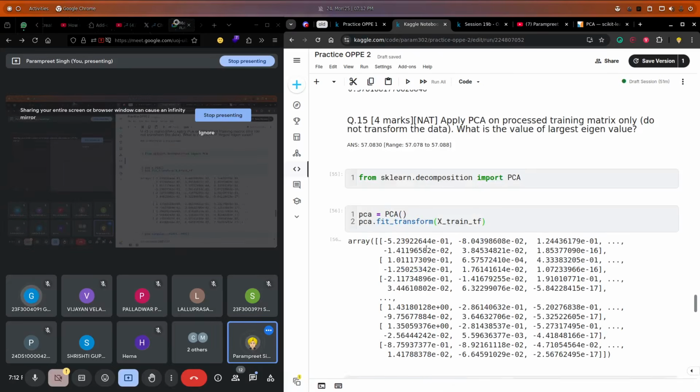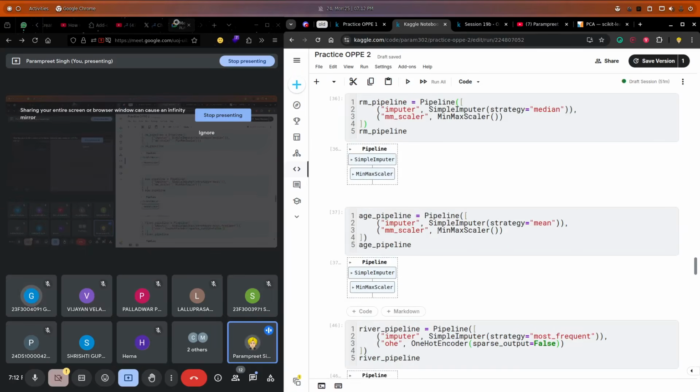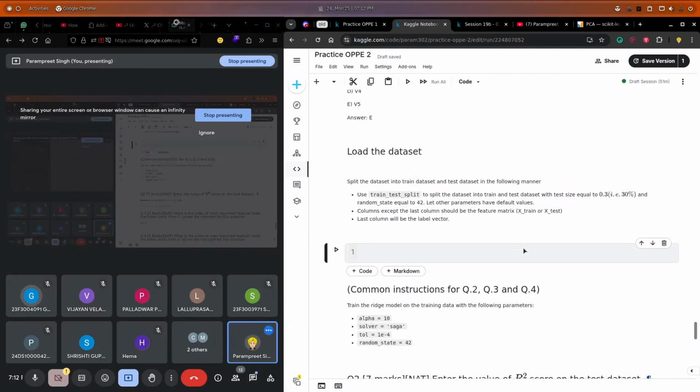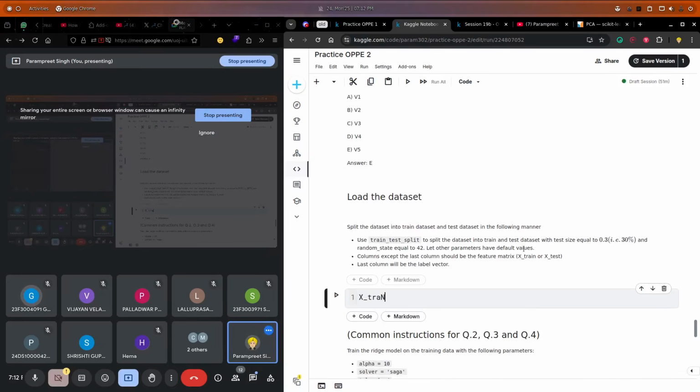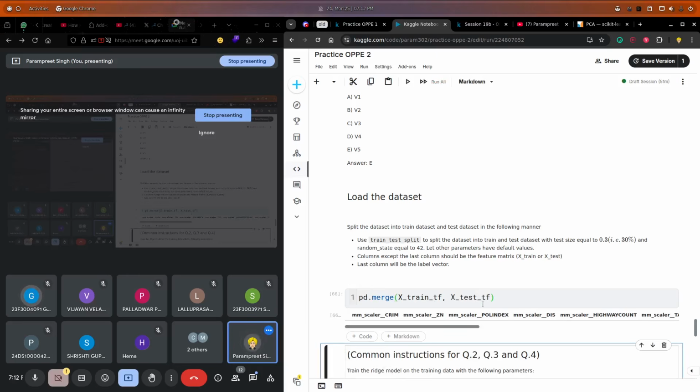Now we have these x train and x test, so I need to merge them first. So x train tf, can do pd dot merge and x test tf. Okay, I need to pass in,